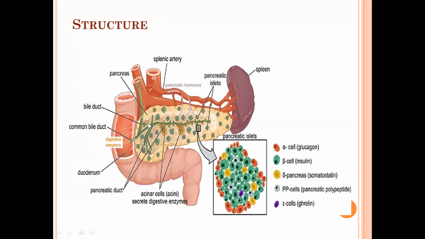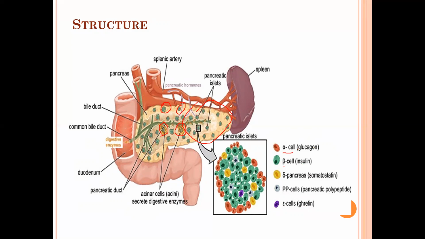This is pancreas. Pancreas having, you see here, these are acinar cells. So these acinar cells are part of exocrine nature. So we no need to bother about them. We need to look into the endocrine part of the pancreas. These are the endocrine part of the pancreas scattered here and there. And most of the endocrine part is found in this particular region of the pancreas. The cells together are called as islets of Langerhans. So there are different types of cells here.